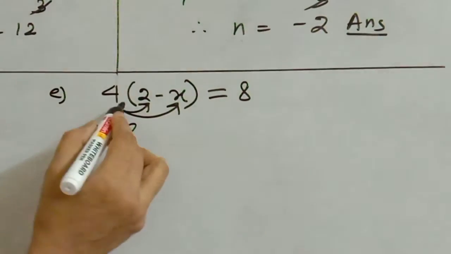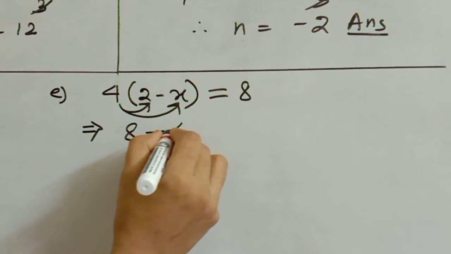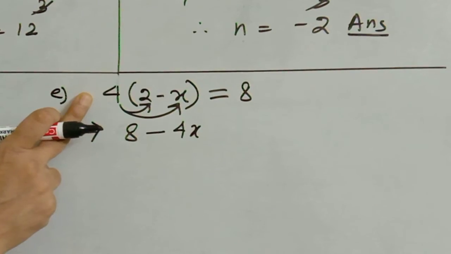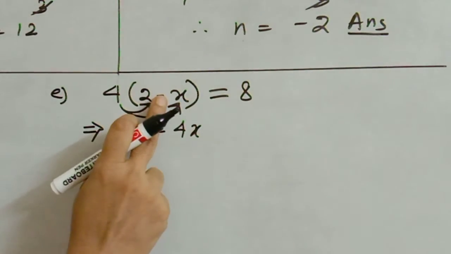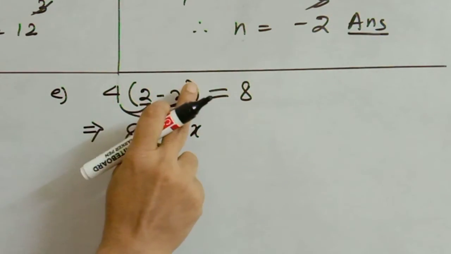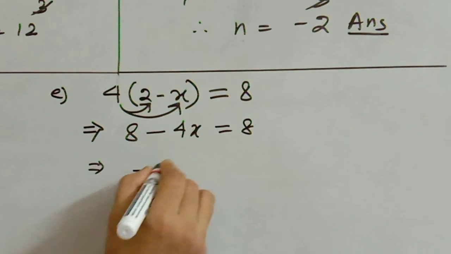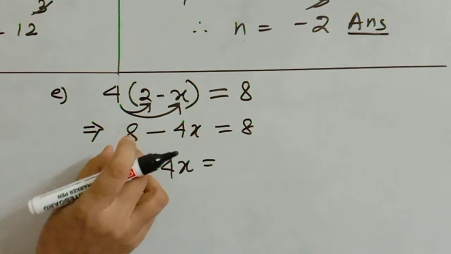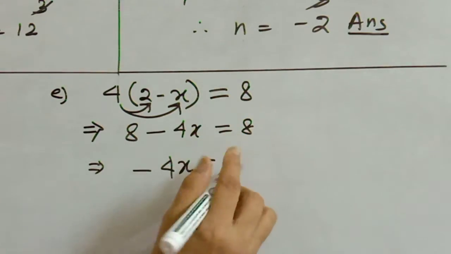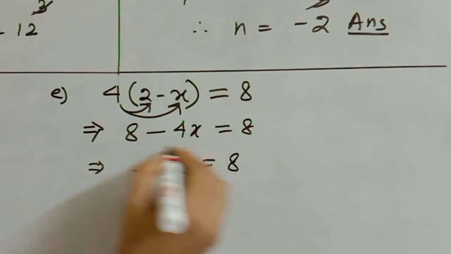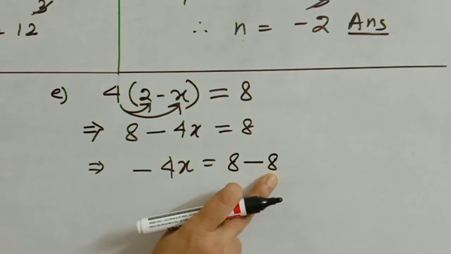Now come to the next question, the last one of question number 2. The next sum is 4 into 2 minus x. Multiply 4 to the 8, minus 4 into x, 4x. See here, the minus sign was not outside, so the sign inside the bracket has not changed. So 4 into 2 is only 8, and the minus sign was inside. So minus 4 into x, 4x is equal to 8. Now again, minus 4x is equal to... this 8 was plus here, a positive sign. By the transposing method it will come to the right side with the opposite sign of plus 8, it will become minus 8.